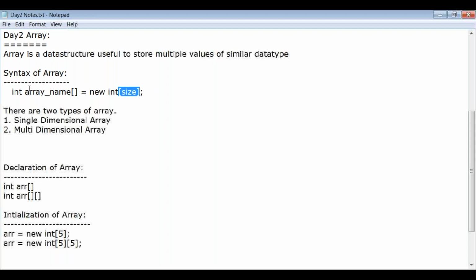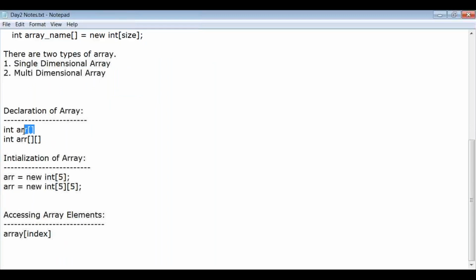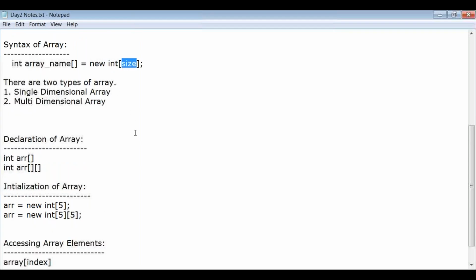And how do we declare an array? This is one line of statement, but if you want to break it down, I can declare an array like this: int arr with square brackets, and I can initialize the array in a second line like this: arr is equal to new int 5. But if you just declare an array, the memory will not be allocated. If you initialize an array, then only the memory will be allocated. Also, in the case of an array, this is what we call the size. The size is 5. Size is mandatory in the case of arrays.